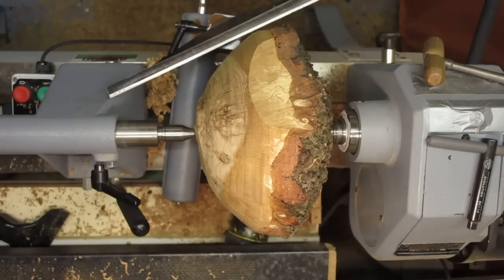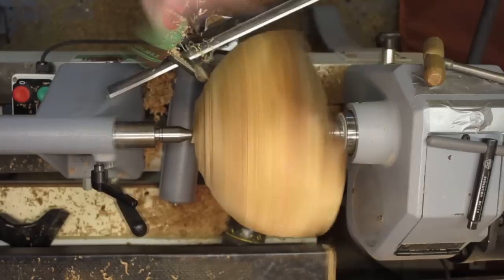That's possibly why I'd never make a living as a production turner, because I rather like the mystery of starting something like this and not really knowing how it's going to turn out. I have the greatest admiration for somebody that can look at something and know exactly what they need to do to get the end product. I, unfortunately or fortunately, haven't got that ability. So that's why I keep